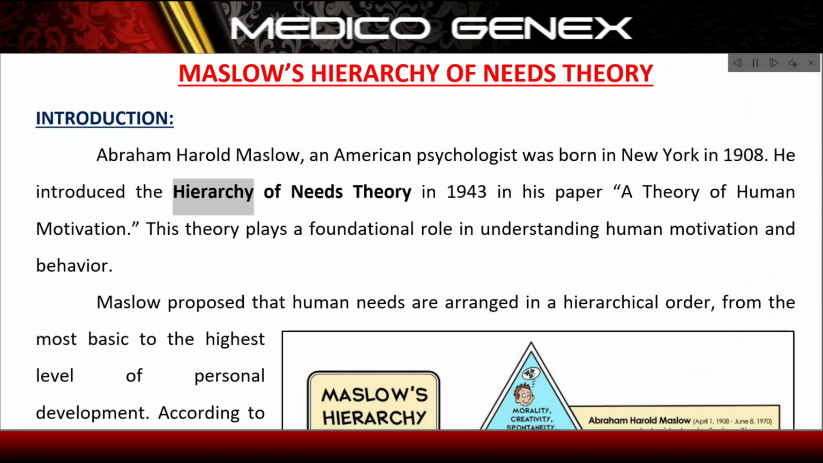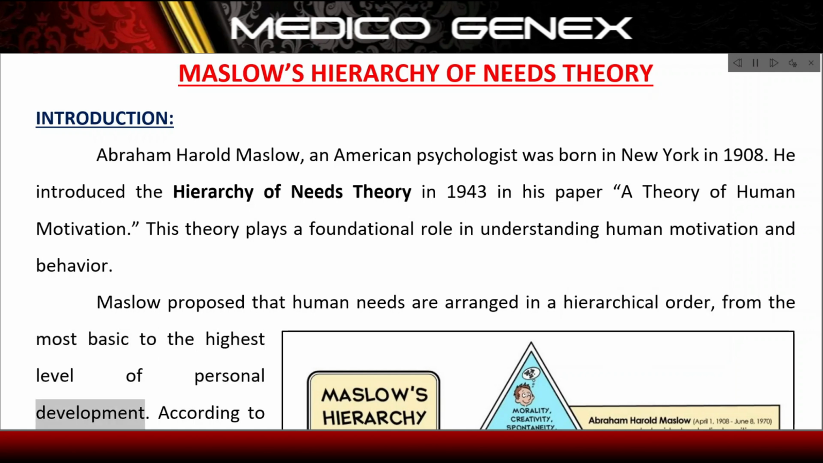He introduced the hierarchy of needs theory in 1943 in his paper A Theory of Human Motivation. This theory plays a foundational role in understanding human motivation and behavior. Maslow proposed that human needs are arranged in a hierarchical order, from the most basic to the highest level of